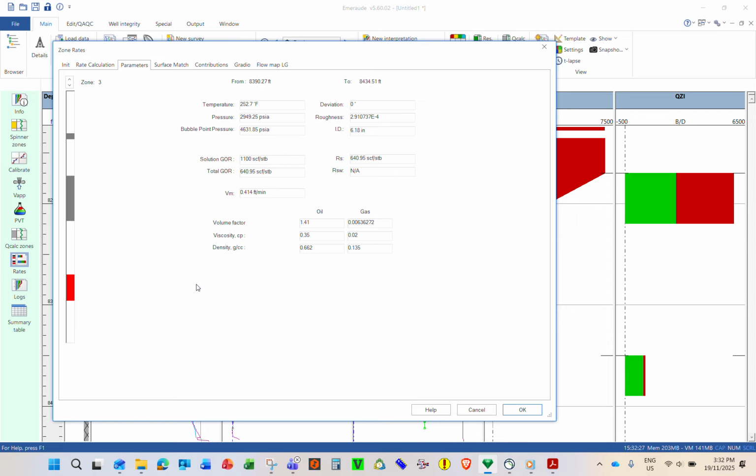So you need to define water if you want to match. Or basically, if you put 0 no flow, it will go directly to water. This is just a default thing in Emerald. You might be trying to match, but not really matching, because it's the maximum of the water.